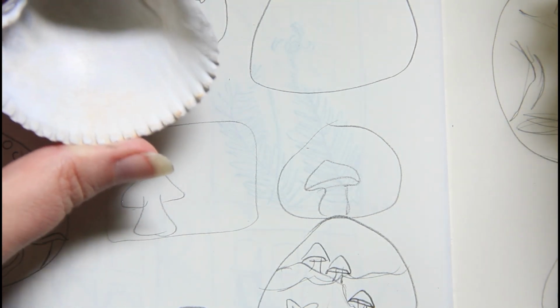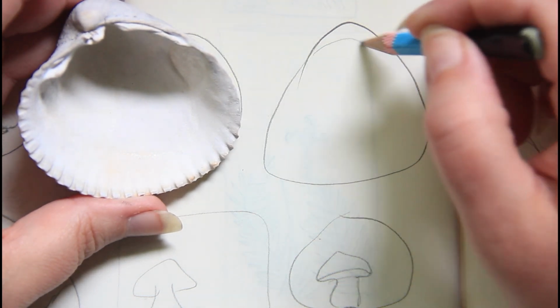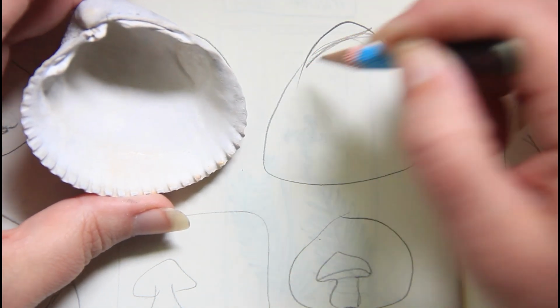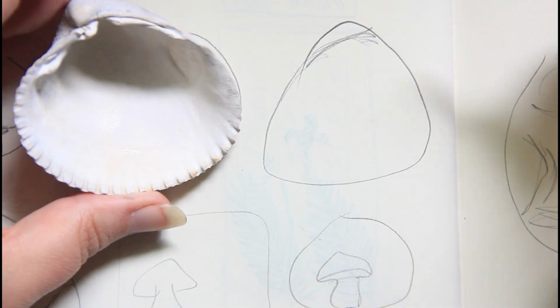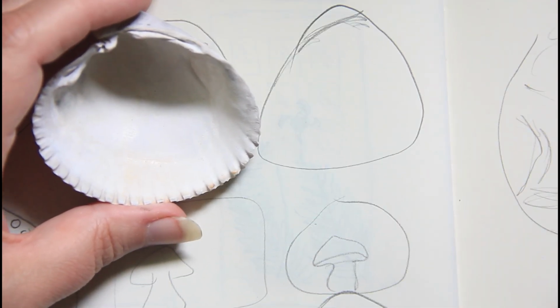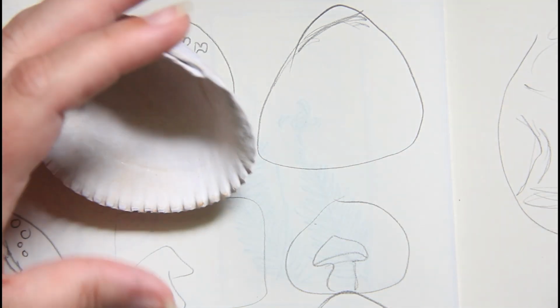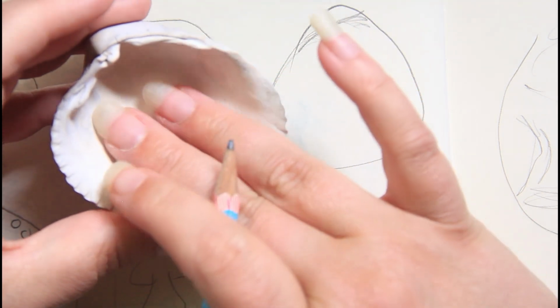I'm really hung up on that shape, because there's kind of like a lip here, so I need to make sure that I account for everything when I go to put this down and create. And as it gets closer, I will show you in a video my finished seashells if you want to see them. It is a very, very slow,